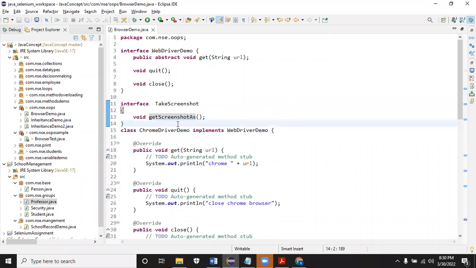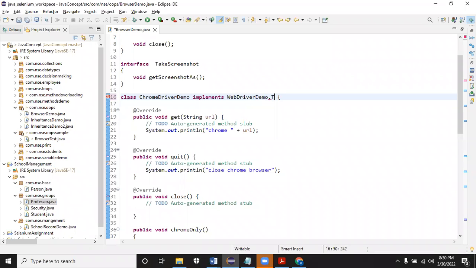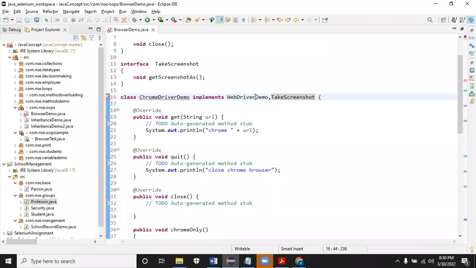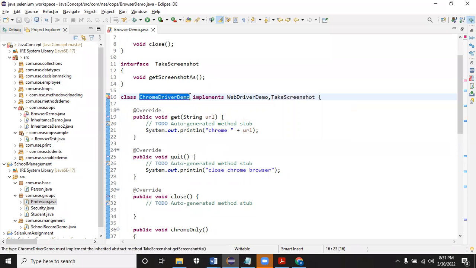Okay, now here in this, you see, we don't have a getScreenshot, so I'll be adding it. Multiple inheritance is possible by using the interface. I can implement multiple interfaces like this. WebDriver demo, they have to give the definition. I added one more interface, TakesScreenshot, and it will throw an error. Why is it throwing an error right now?